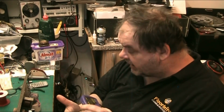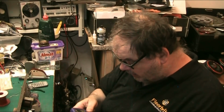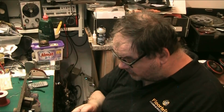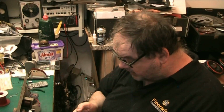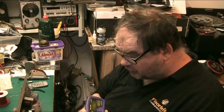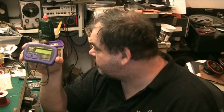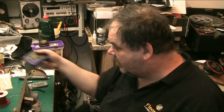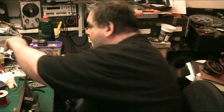It tells you on the front of it what it's actually for: capacitors, capacitance, and in series resistance meter with automatic discharge function. It will discharge capacitors, providing you haven't got about 400 or 500 volts in them. If you've got a couple of volts in it, it'll discharge it, but any more than that, no, I never use it to do that. And if we go to the other capacitor tester that I've got,